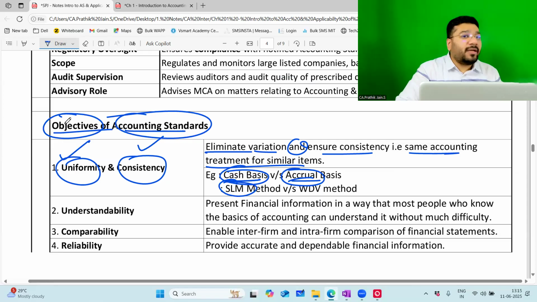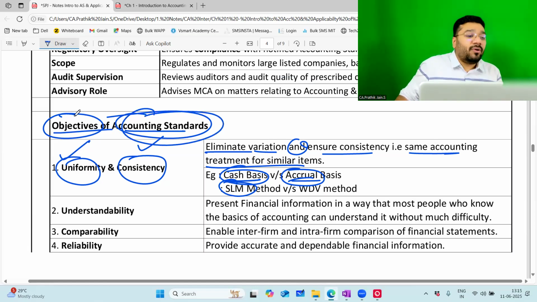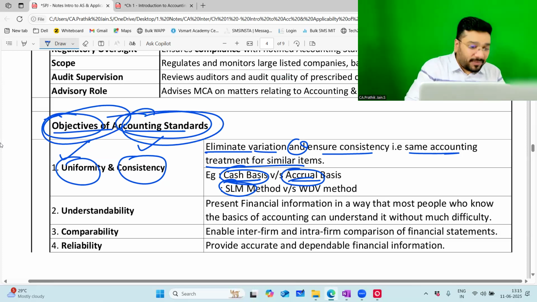One of the biggest objectives of accounting standards is to restrict those monkeys who jump from one method to another method, who can't sit in one place. They want to jump because we all come from monkeys. We all originate from monkeys. So we can't sit down in one place, like how you can't sit down in class and watch the theory classes. You want to get up like this. Why? Because you come from monkey history. So we have the habit of jumping from one standard to another, one method to another. We don't follow things consistently. Therefore, AS came to restrict you from jumping from one place to another.